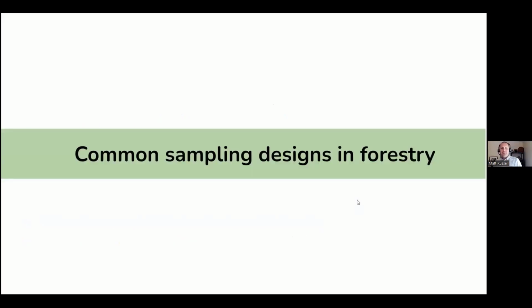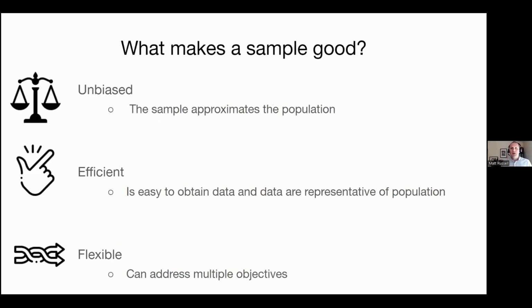So let's jump into talking about just some common sampling designs in forestry. Well, I think it's good to take a step back. We talk a lot about sampling in the real world. You can think about it as, a survey is done for, do you support this political figure? Would you vote for this person or not? Yes or no? Do you support this new initiative that this organization is undergoing? So sampling is obviously rampant in our everyday lives, and all of the information that we gain from those samples we use to make inference about the population of interest.